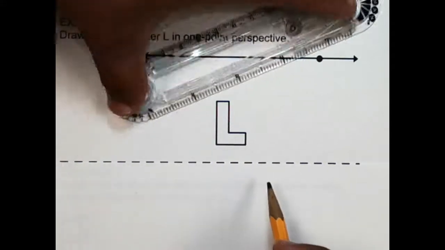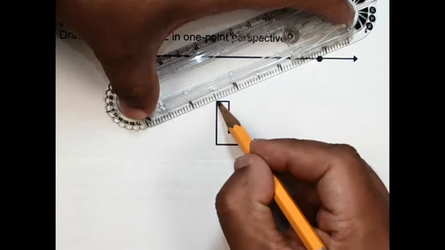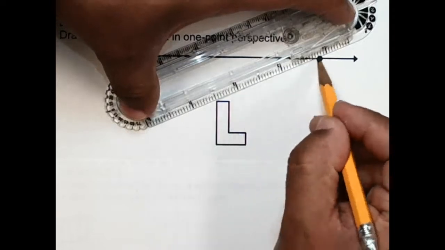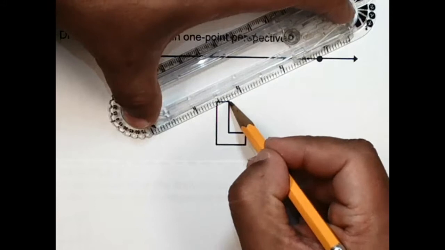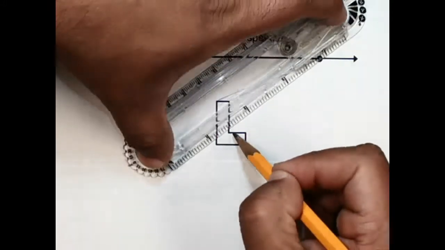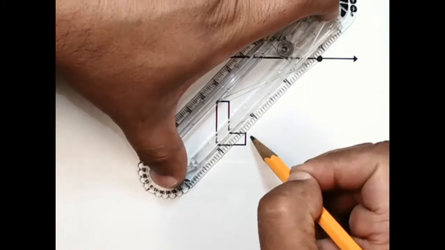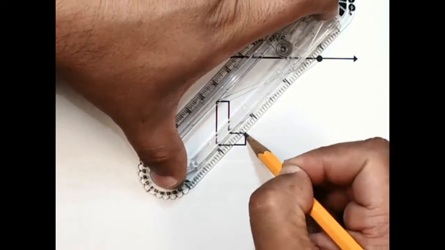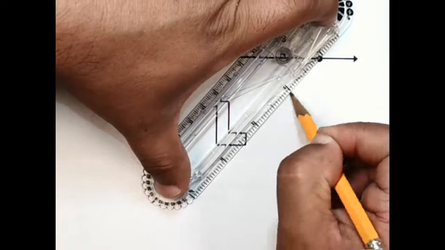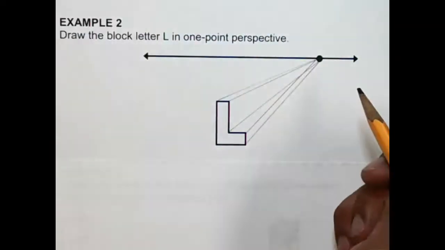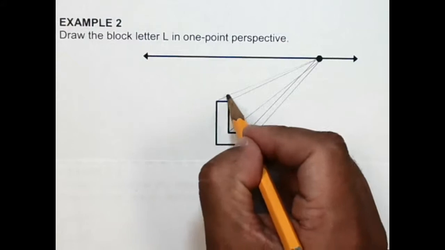So what you want to do is very lightly with a pencil, if you're going to draw this L and make it 3D, very lightly connect all the vertices to that point. Then you extend these lines out this way